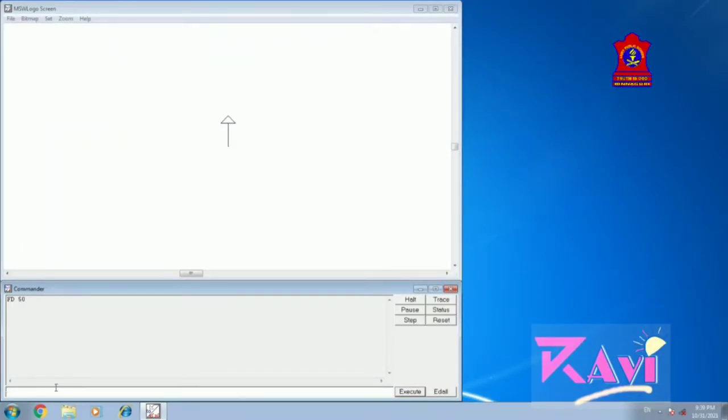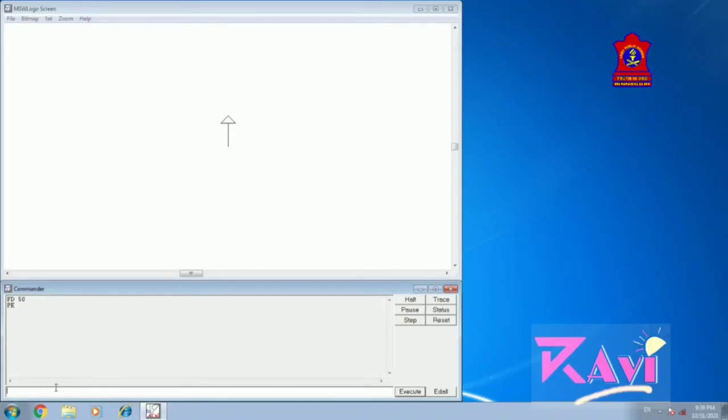So what will I do here? I need to erase some part of this line. So for this, first of all I will be activating PE command, that is pen erase command. So provide PE, press enter. Pen erase command is activated here. Now what will I do?